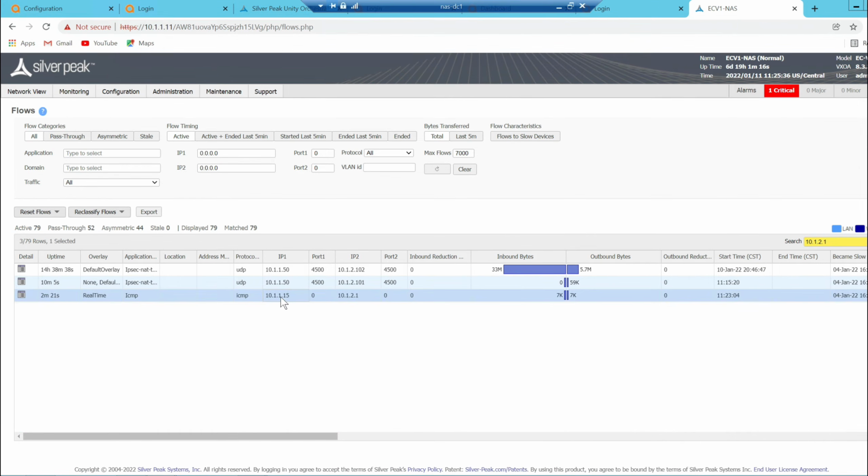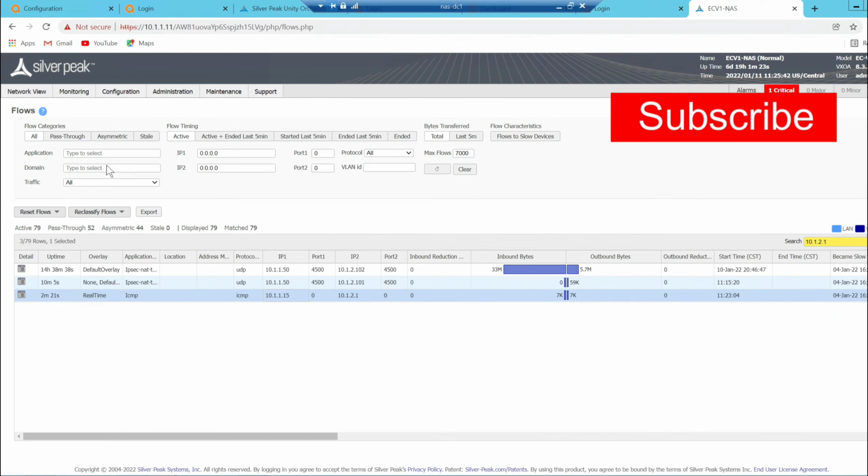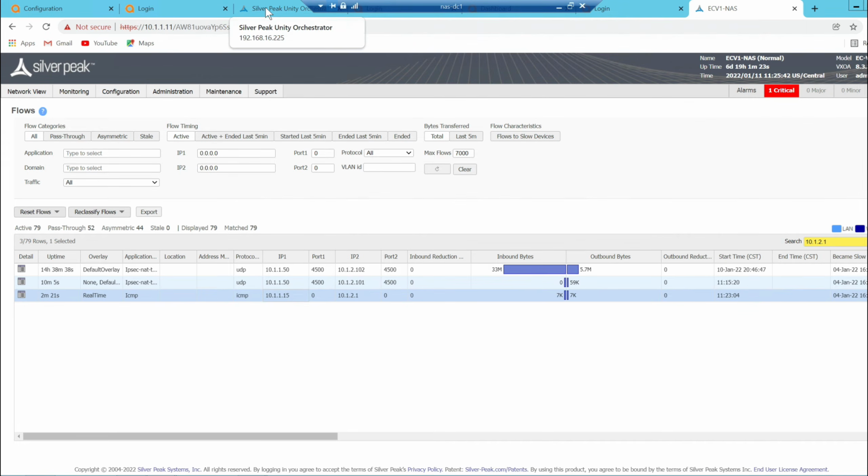Alright, here we can see this particular flow. There you go. It just started a few minutes ago, and it's going through this particular product, which is my Edge Connect at the Nashville site. It sounds so weird that I'm talking about Nashville, Atlanta, but at the end of the day, these are all within my